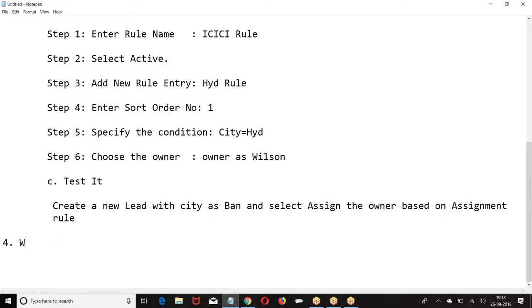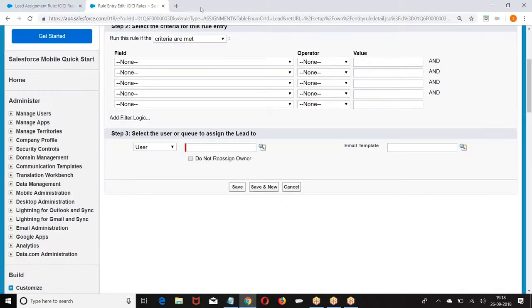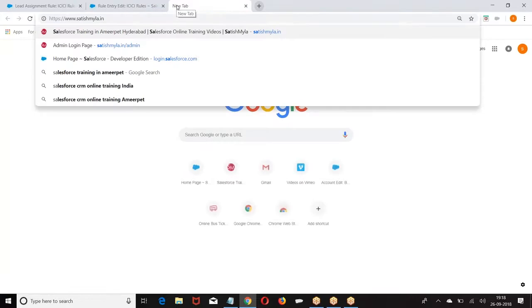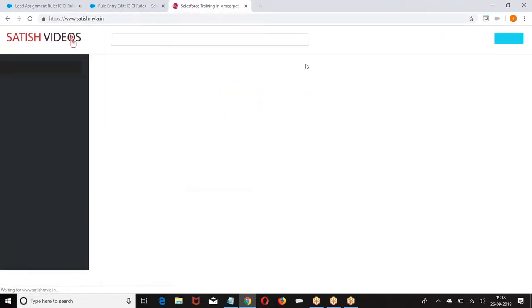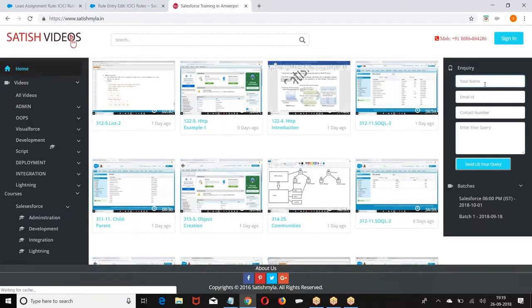Okay. Next one we have Web to Lead. What is this Web to Lead? From the website, if you make any inquiry, in the website we'll have a contact form, right? Now you have a contact form. Once you enter this contact form and submit an inquiry,